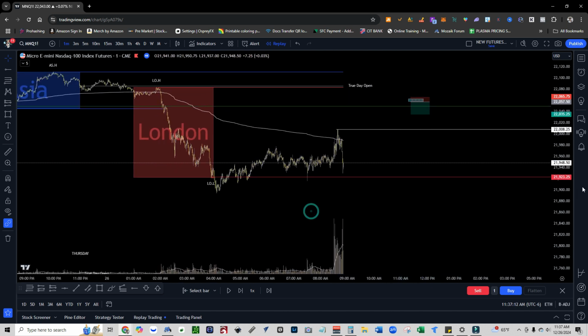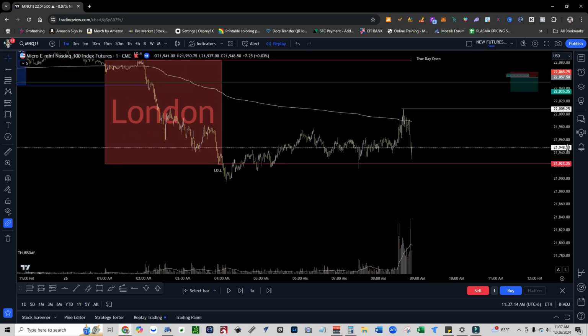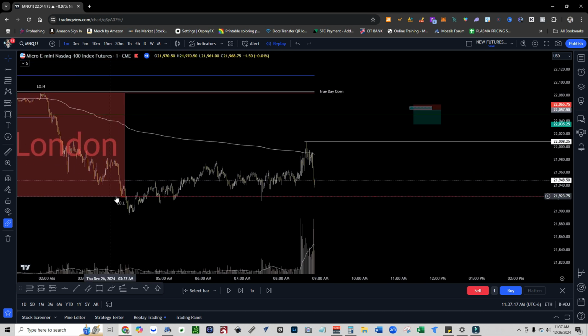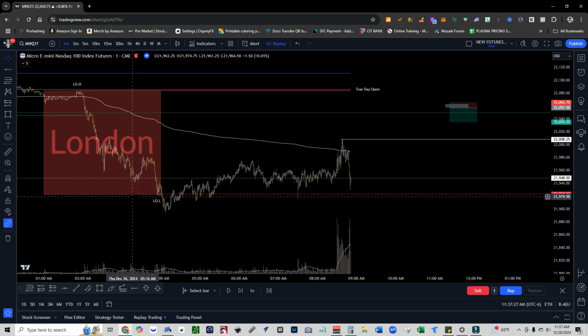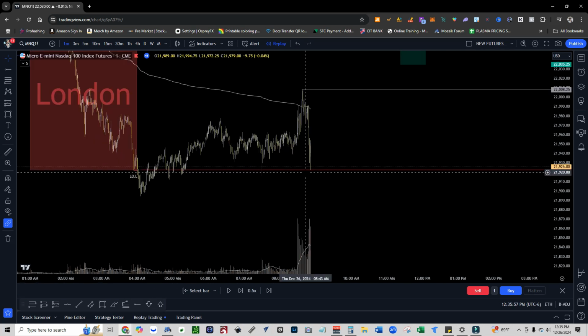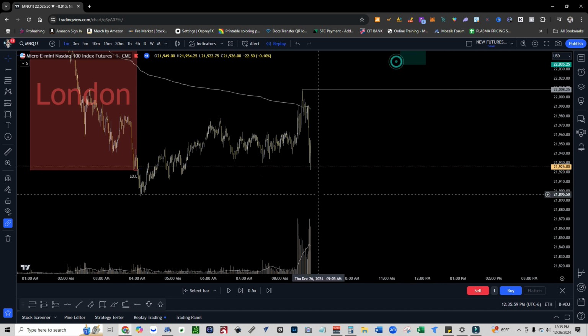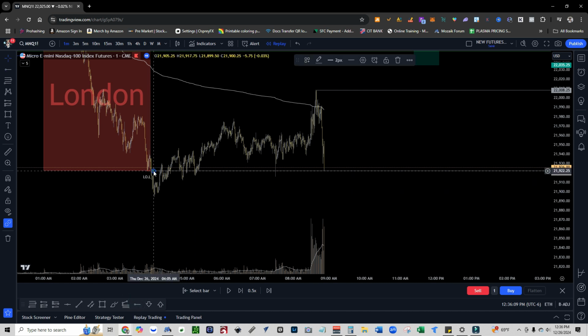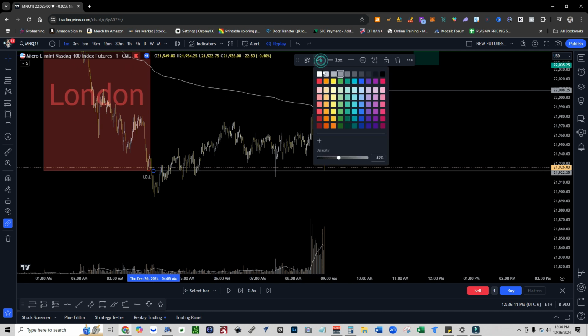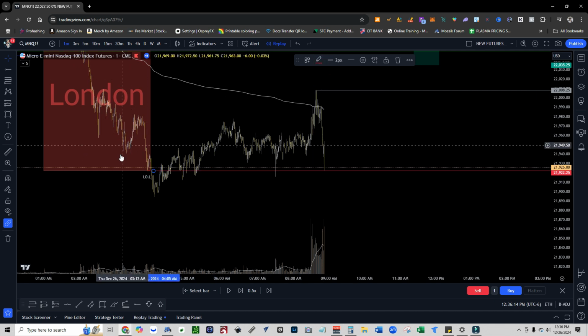So let me go back to this example. Once you have your London low here, and your high up here, and you have your true day open, that's also very important. I'll make another video on these other indicators, but right now we're just going to focus on this. You see this line right here, it's not going to be on there right away. So you're going to have to use this horizontal ray, because you see the London low line is not extending. You can get that horizontal ray, come back up, tap it there, and change it to red so it matches the London low color.